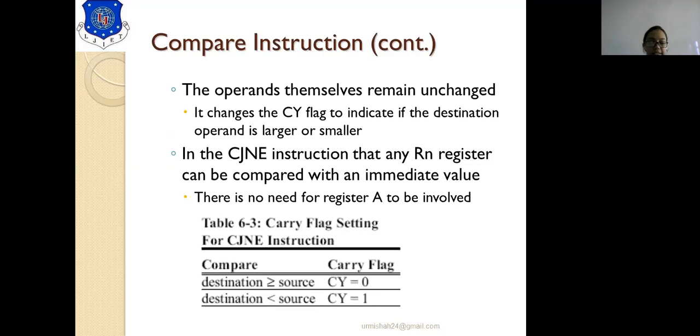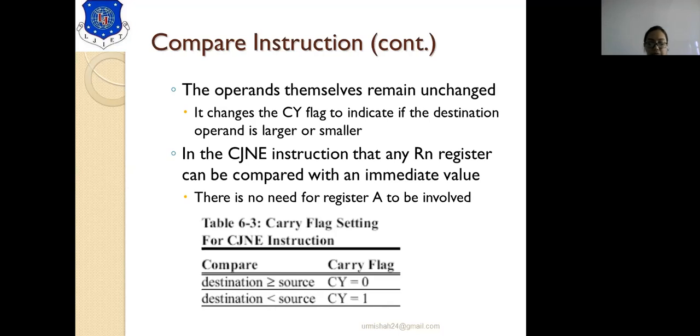Let's take an example. If you are performing the CJNE instruction, if the destination data is greater than or equal to the source data, then the carry flag will be reset. But if the destination data is less than the source data, then carry will be set.